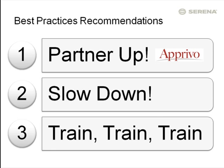PRM is not rocket science in the sense that the tool is not something difficult to use, but you have to remember that the processes you're trying to put in place and the best practices and how it's going to interact with what you've already got in place in-house, both in terms of your human systems and processes and your technology, it's not going to be simple. And you'll want to think about using a partner, either a Salesforce.com professional services or one of Salesforce's partners. We chose Prevo, who's done a tremendous job for us